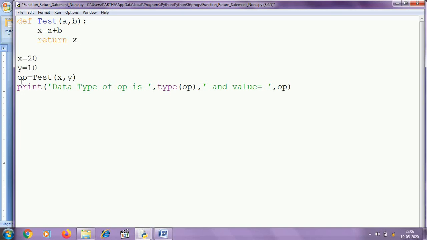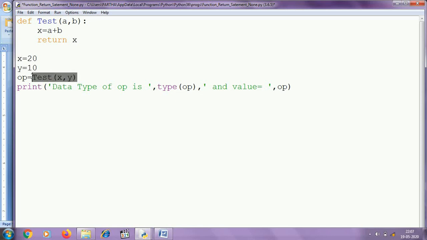And in the main program we are calling the function and we are assigning the return value to the variable op. As we know, whenever we are returning something, the value will be returned where the function is called. So the sum value, that is 30, will be returned in place of the function call statement.